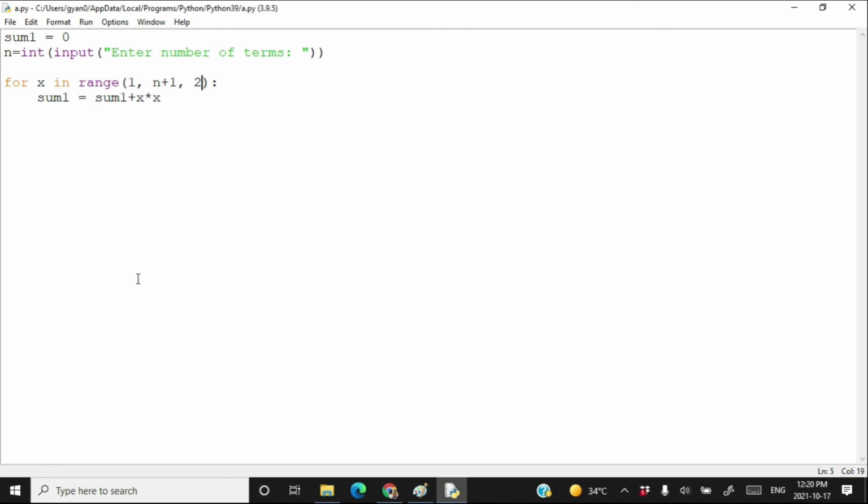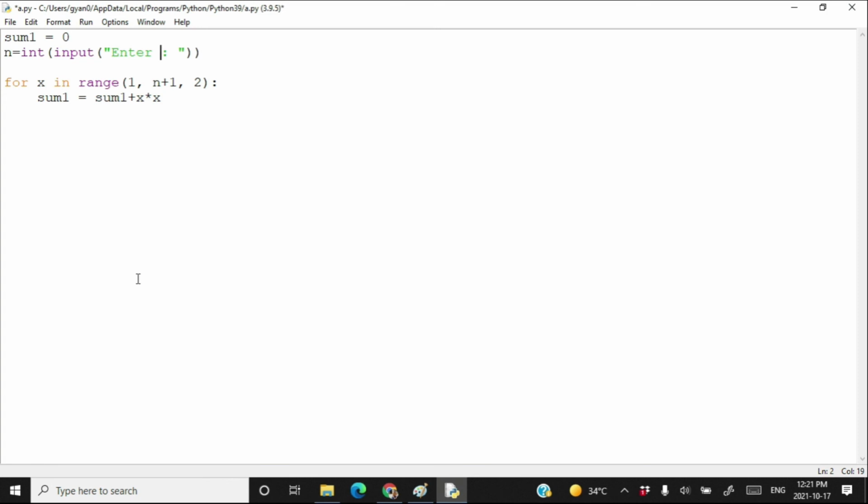Actually here n is not the number of terms. Here n is the last value of x. Enter last value of x. Means what should be the maximum value in the series?